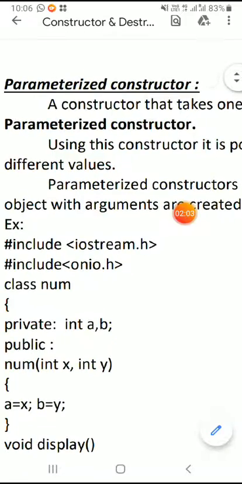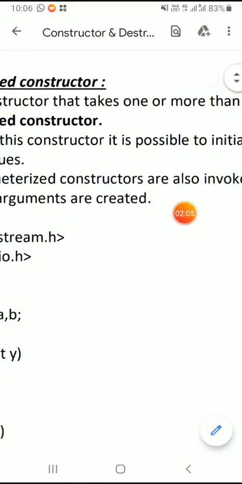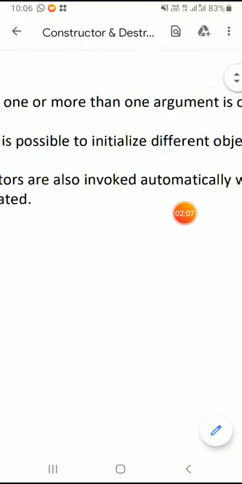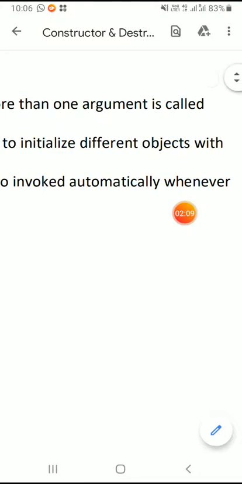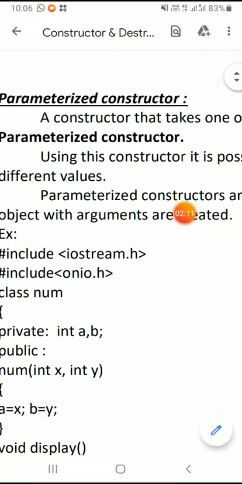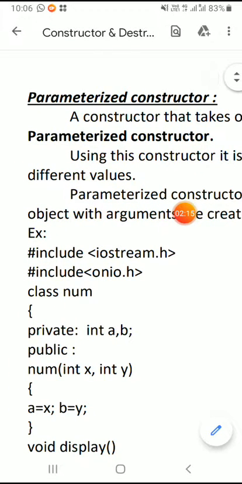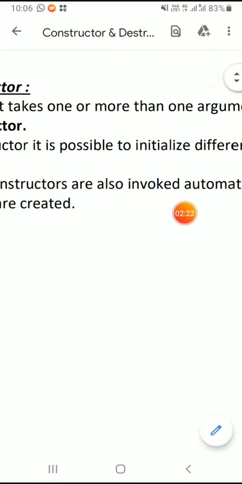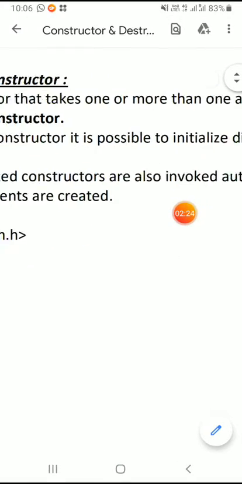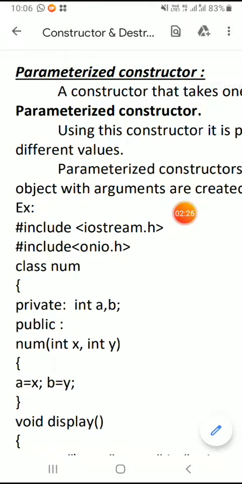A parameterized constructor is a constructor that takes one or more arguments. Using this constructor, it is possible to initialize different objects with different values.